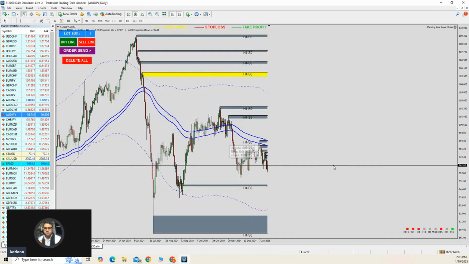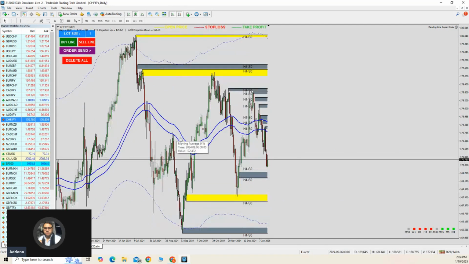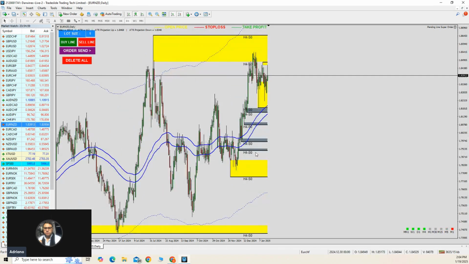AUD JPY, as you can see, all the zones there. CHF JPY, the trades that you could take. This one, that one, this one. Euro New Zealand, market went up inside of the zone, dropped, came near to hitting the zone. If you placed your trade a few pips above the zone,